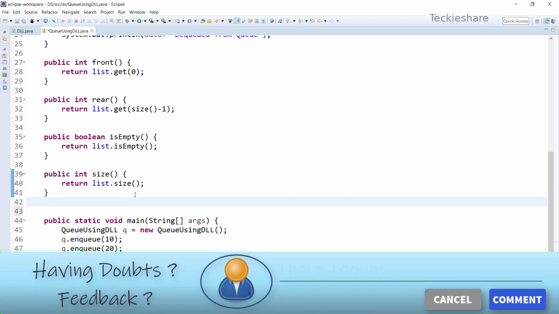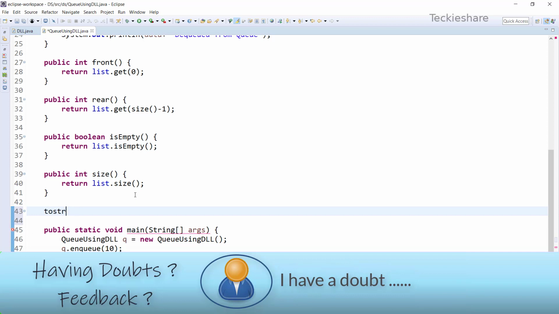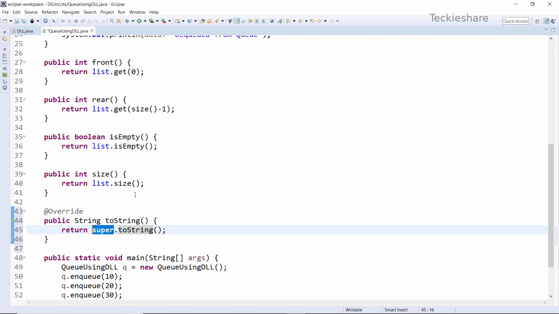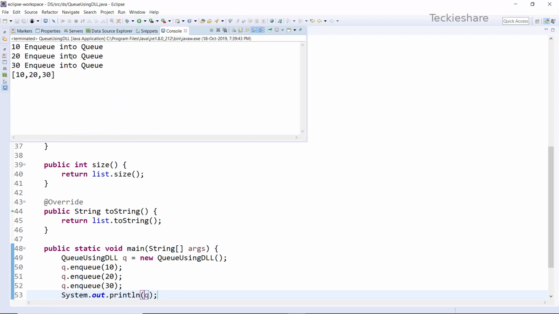Now I'm going to display this queue value in an array notation. For that purpose, I'm simply overriding the toString method which we have done in the doubly linked list and array list so far. Here we store the data in the list, right? So I'm simply returning the list.toString value from this method here. So now I am able to see the value as an array notation. Suppose if you are writing System.out.println(queue), the array notation data will be displayed in the console. Yeah, exactly, it looks like an array format. So the first data will be 10, the next data will be 20, and the last data will be 30. So it will display as an array format.